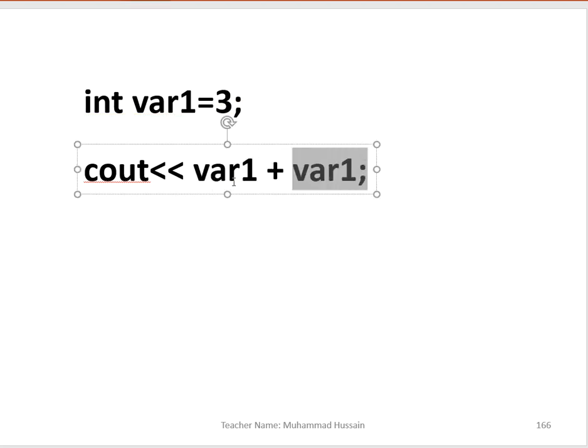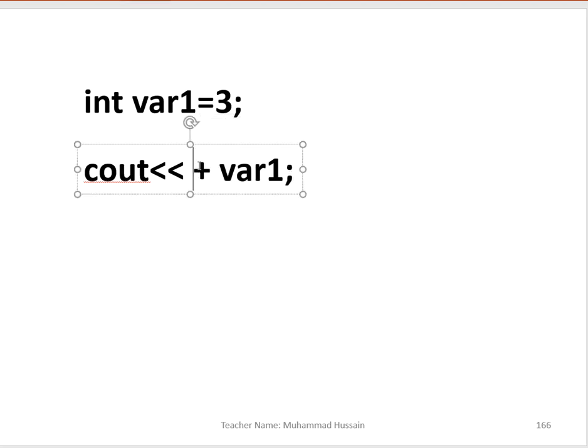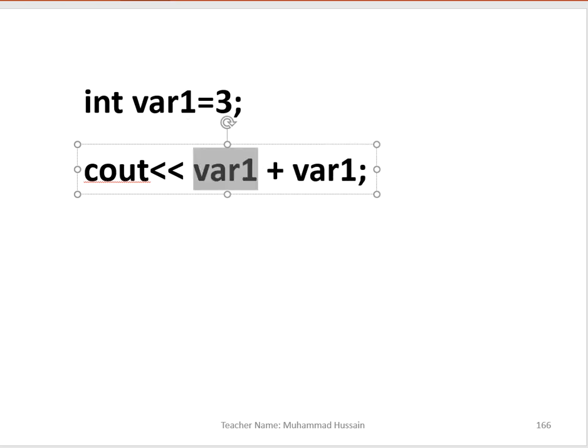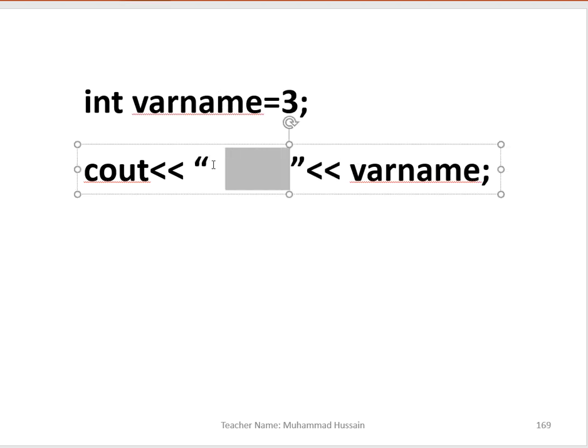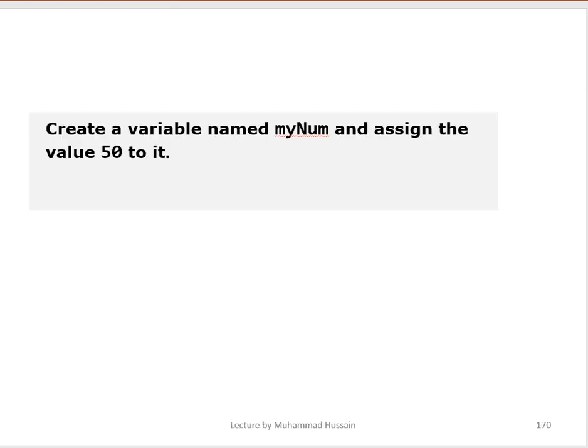You can also add two variables. It is also permitted in cout that you can perform operations with variables. Until now, what have you done? You have just performed operations on numbers, okay. But C++ also gives you the facility that you can add variables, multiply, divide, whatsoever you can do. You can also attach any kind of string data with it as well.